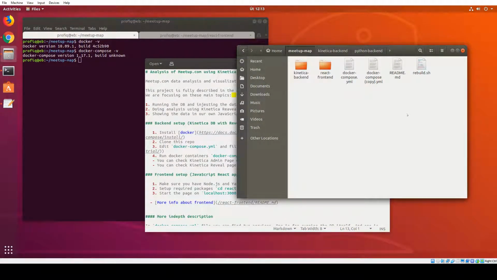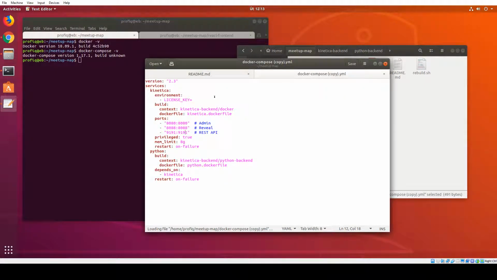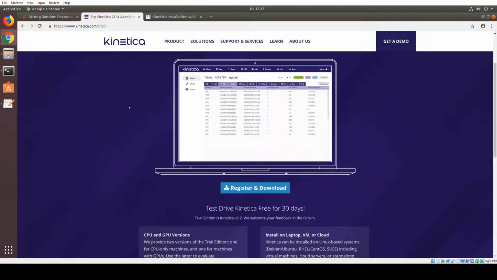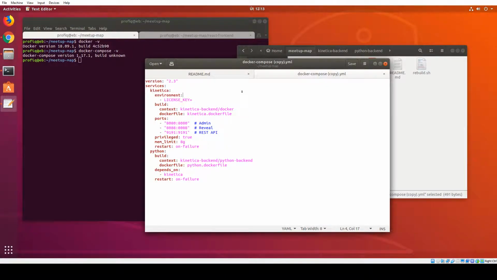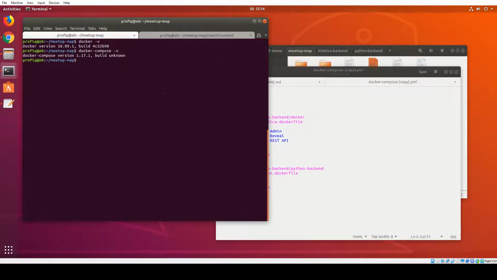First things first, we need to edit the Docker Compose file. So we need to enter the license key to the database. You can grab yourself a free license key at kinetica.com/trial, just register and you can get the key to your email. You will enter the license key in the Docker Compose file and save it. I already have it in a different file, and next we will run Docker Compose